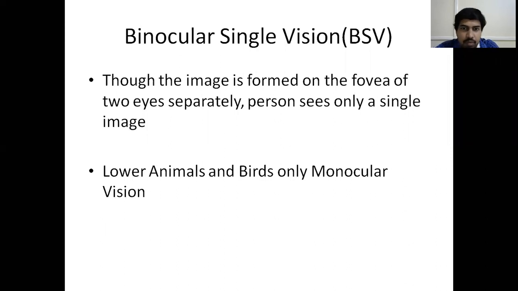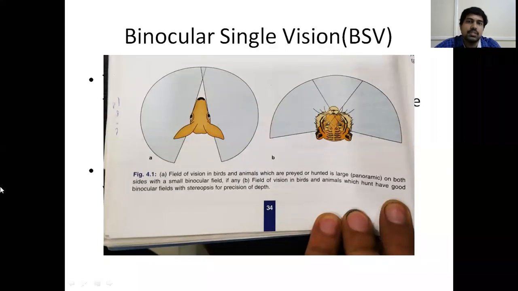Lower animals and birds have only monocular vision. So what is this? We'll see. So here you see, this is some goat, suppose you think. So in this goat or cow or crow, whatever you see, one eye is looking towards the right side and the other eye is looking towards the left side. So this eye sees only the structures which are present on the right side, and this eye sees the structures which are present only to the left side. Only a small area in their visual field, here they overlap, where they can see with both eyes. Only a little area is present.